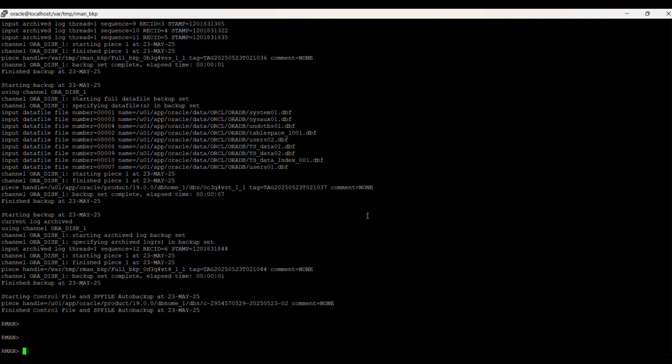But if required, if you're not sure, sometimes the database will not take the current control file. So you can take the current control file backup. So how to take the current control file backup? So backup current control file